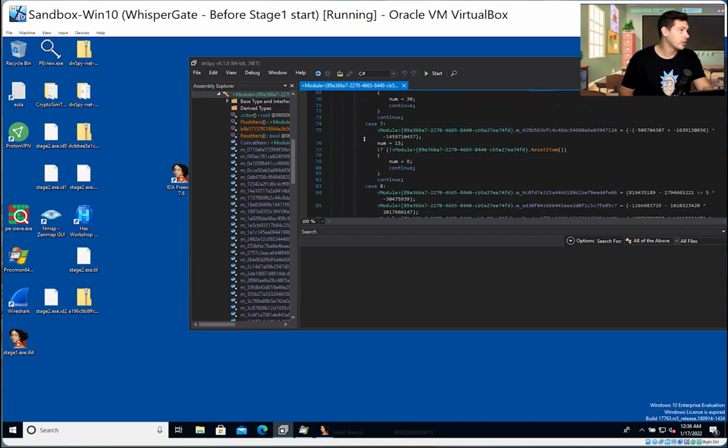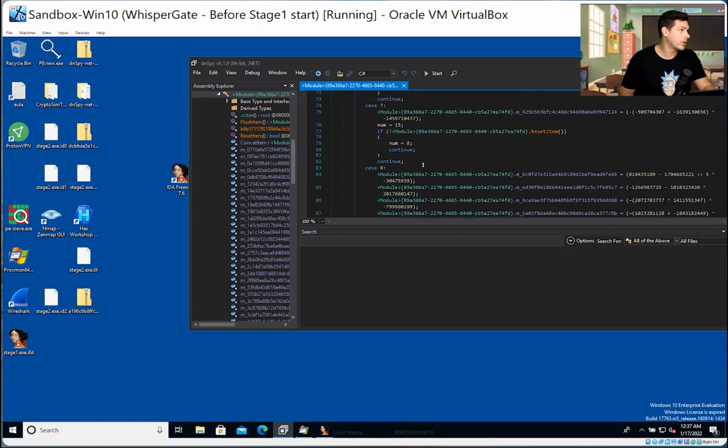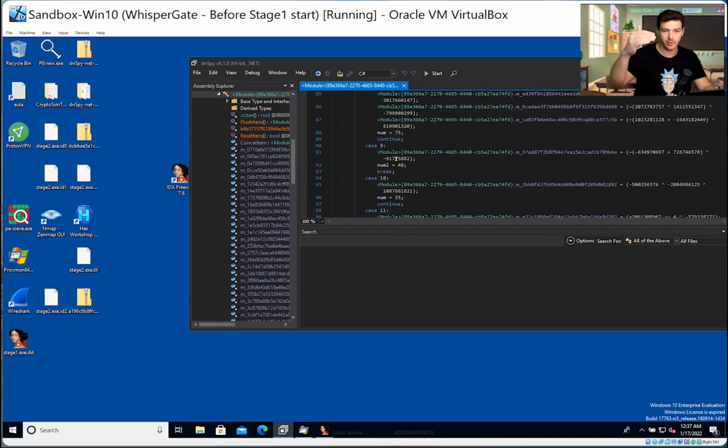In a lot of cases there are a lot of branches. This is called code flow obfuscation, when the instructions are not executed just one by one, but there is a switch case construction, and